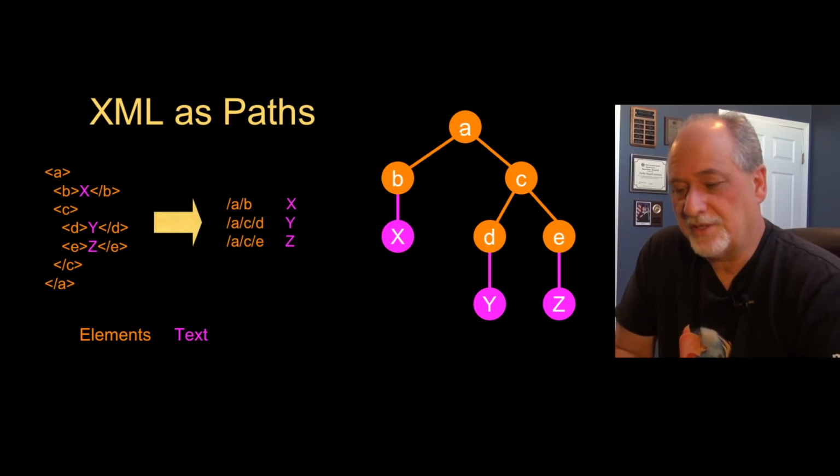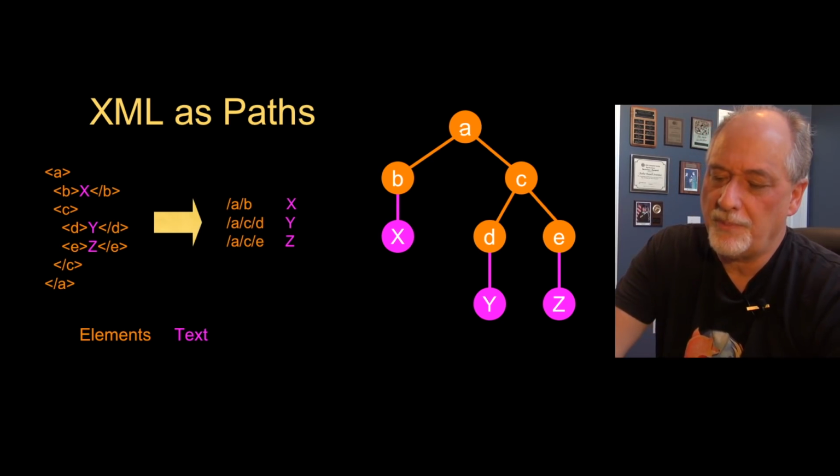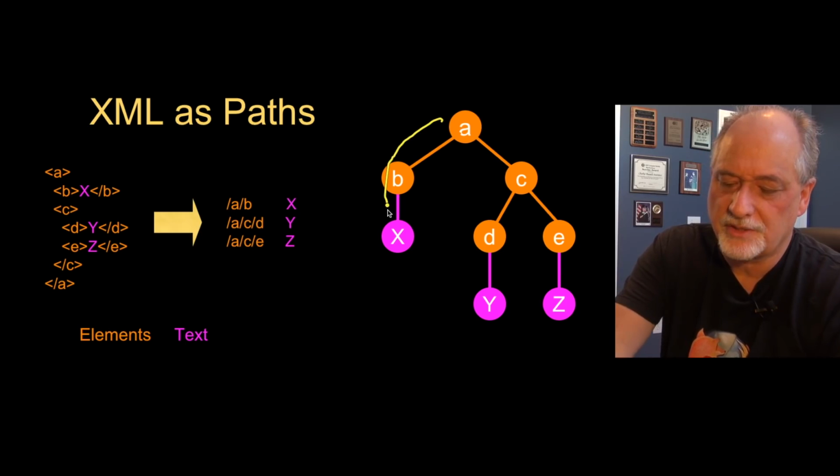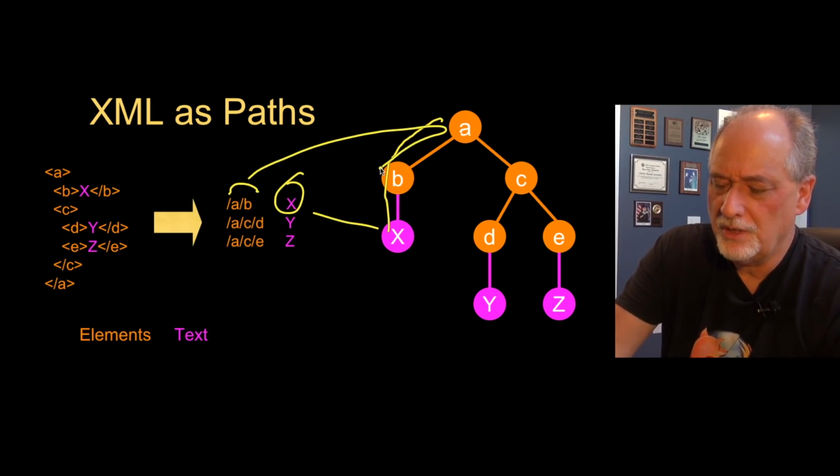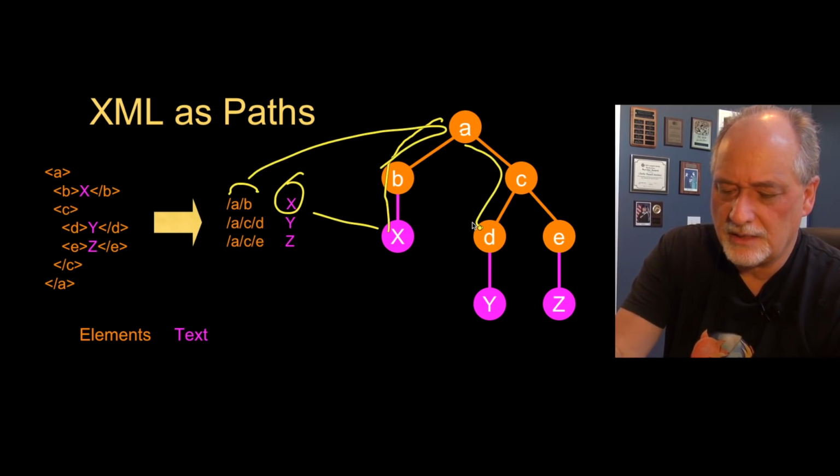You can also think of XML as paths, and the easiest way is to look down this tree version and look at the path from the parent. So you go to A, then the child B, and then X. So at position AB, you find X. So AB is the path up to the root. So ACD, that's this one,